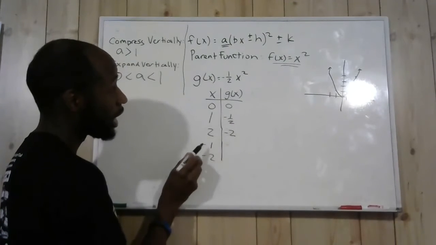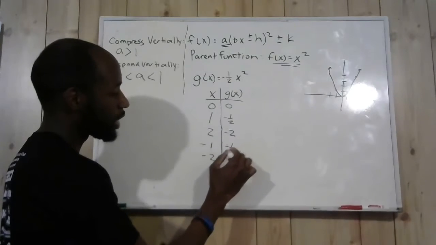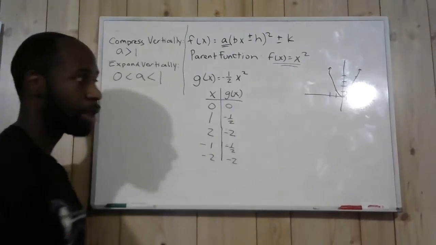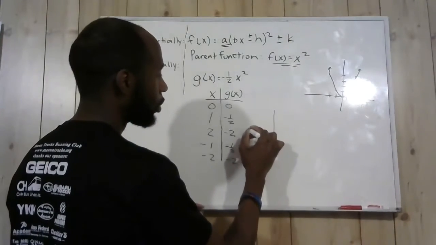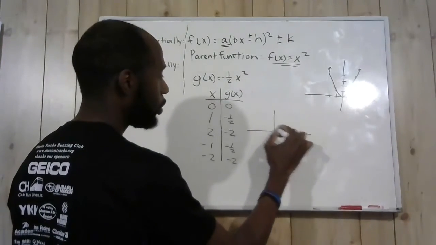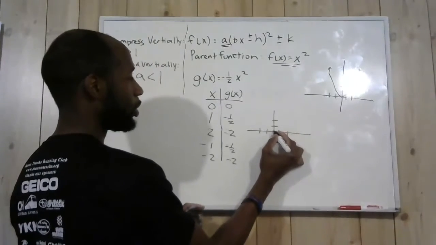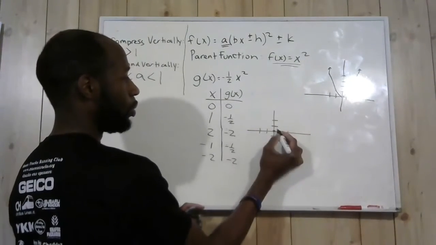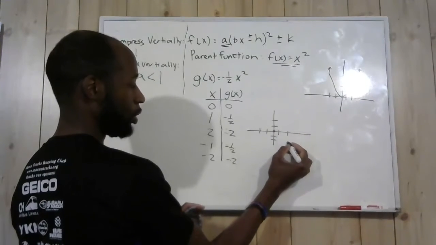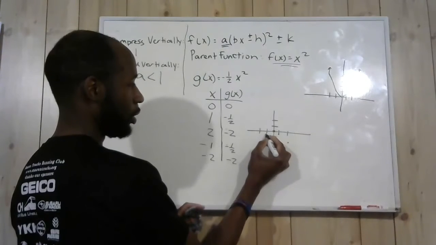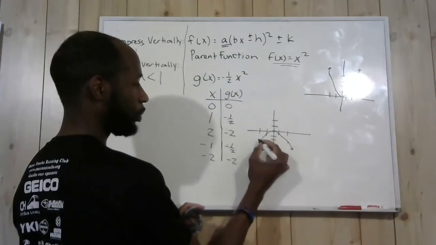So when x is -1, -1 squared is 1, so that's -1/2, and that's going to be -2 again. So you probably already see what happened. 1, 2, 2. So 0, 0, 1 and -1/2, 2, 2. And then boom, boom. So you see,